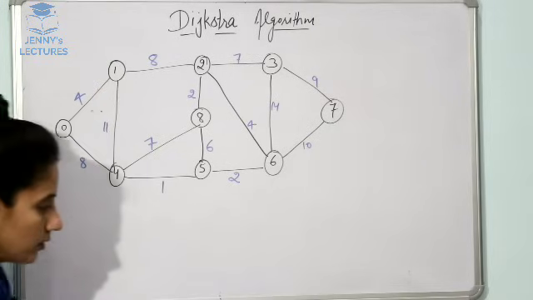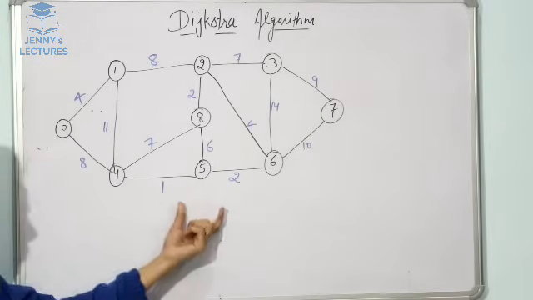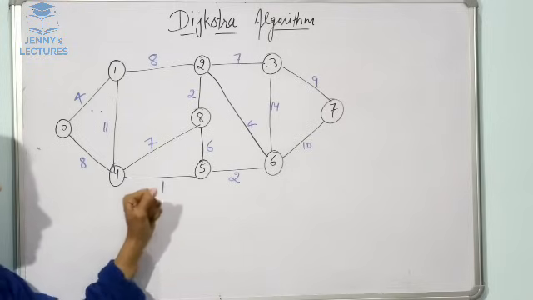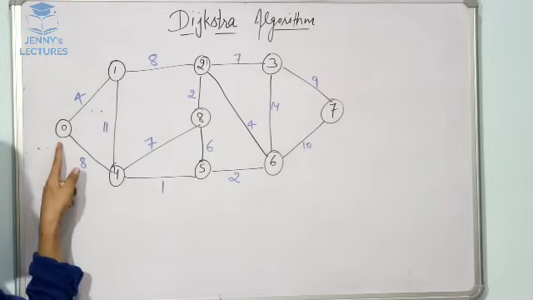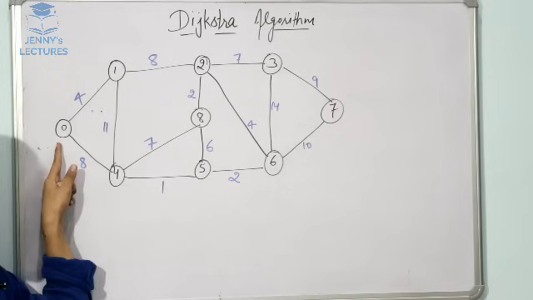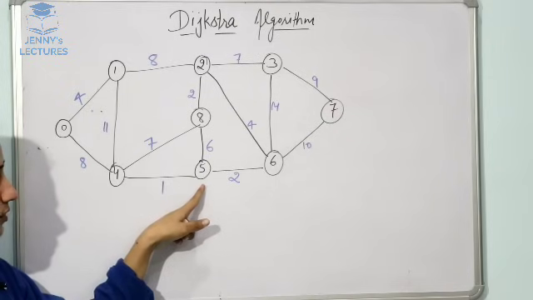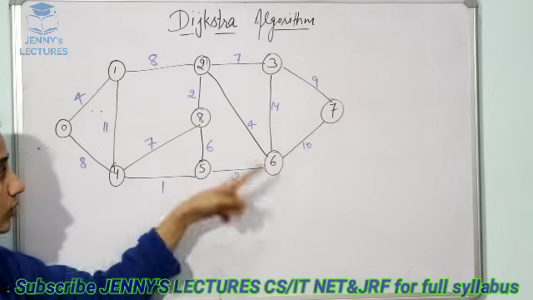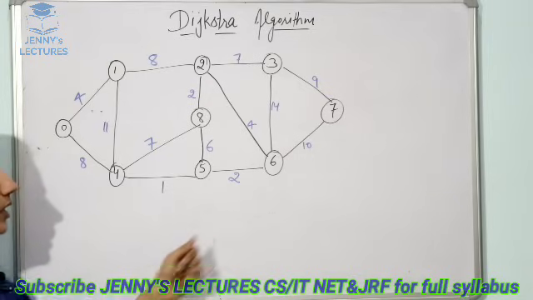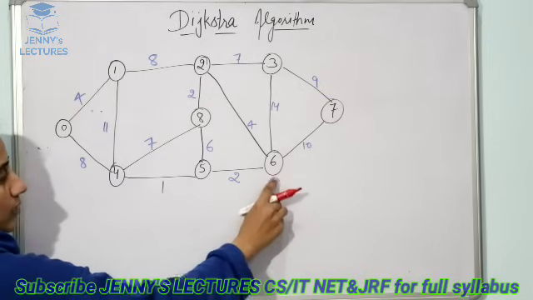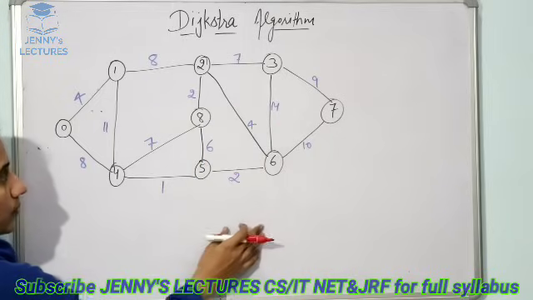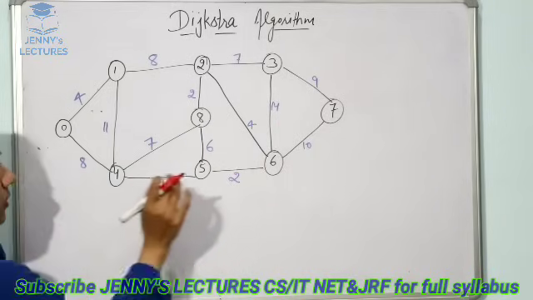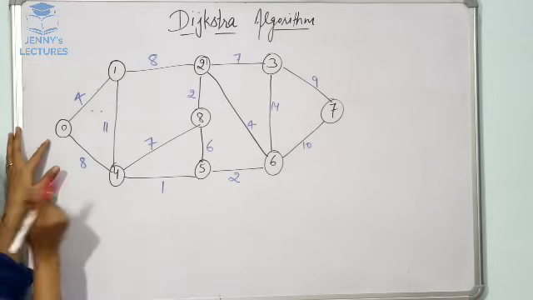See, suppose this is your graph and you are supposed to find out the shortest path, and the source vertex that is given to you is 0. Maybe you can consider 5 as a source vertex and start your algorithm. You can consider 8 as source vertex, or maybe in the question you are given 6, then you will consider 6 as a source vertex and start the algorithm. But here you will consider 0 as a source vertex. Now, first step is just